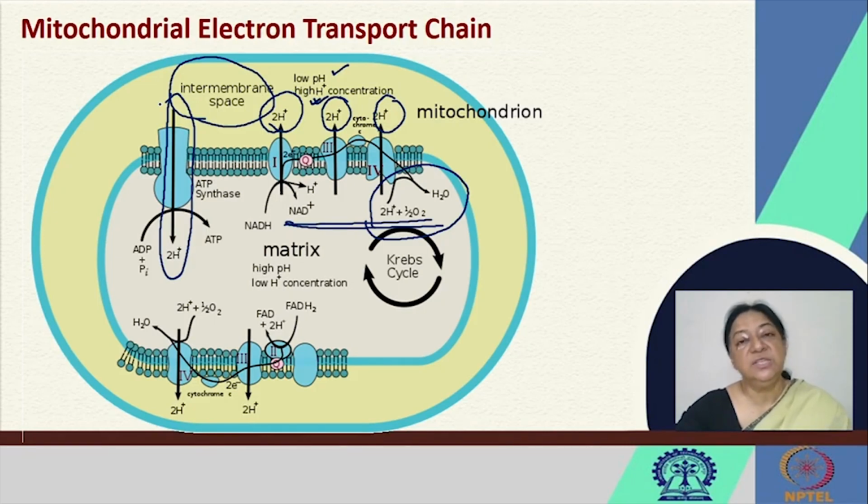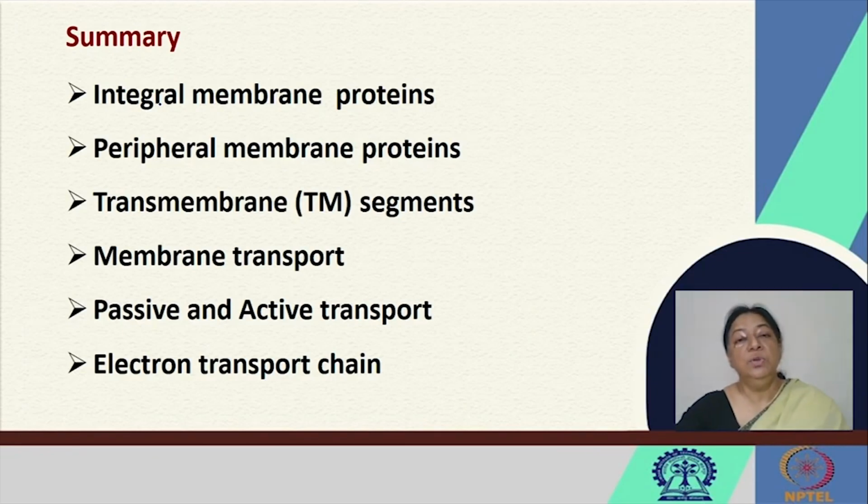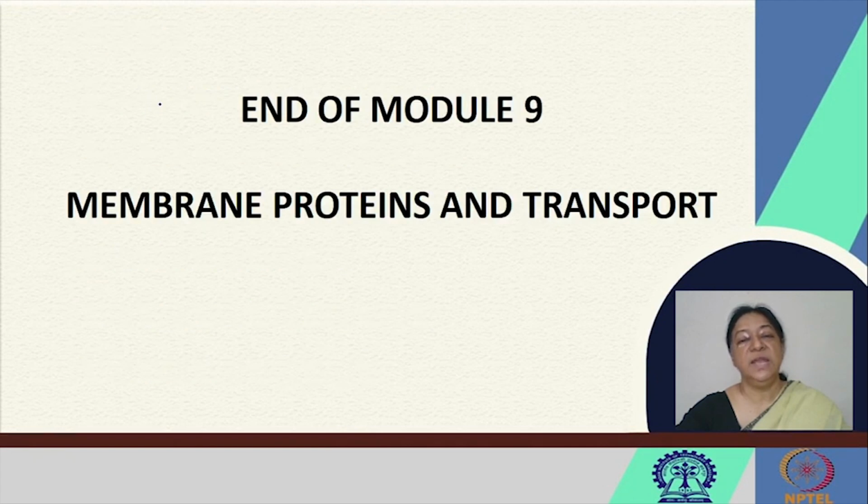So we looked at a series of membrane bound proteins in our module that dealt with membrane proteins. We looked at integral membrane proteins, peripheral membrane proteins, what we meant by transmembrane segments, membrane transport, passive and active transport, and finally the electron transport chain. This is an extremely important topic for membrane proteins, for protein chemistry in general, because it involves the very important process of oxidative phosphorylation. This is the end of module 9,